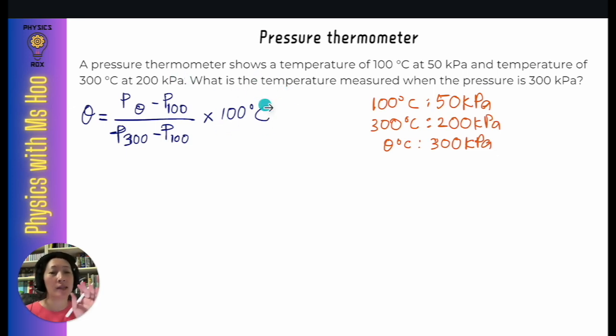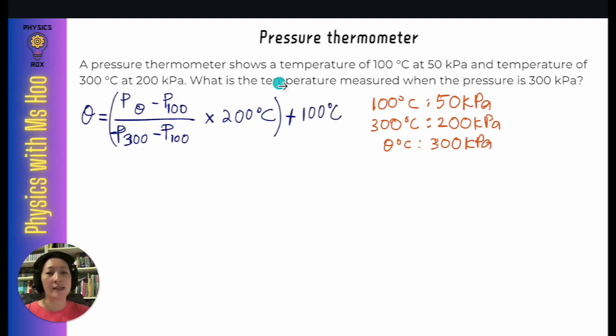So what goes here should be the difference between the upper and lower fixed point. That means in this case, it's a difference between 100 and 300. So that's why we don't write 100 and we don't write 300. The difference here is 200. So we're going to write this value here as 200. But that's not the end of it, because this is showing us the difference between 300 and 100. Because this 200 starts from 100, add on 200 to get 300, this value has to be added with 100